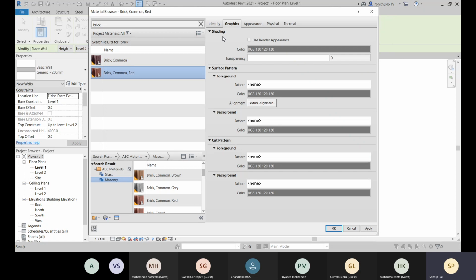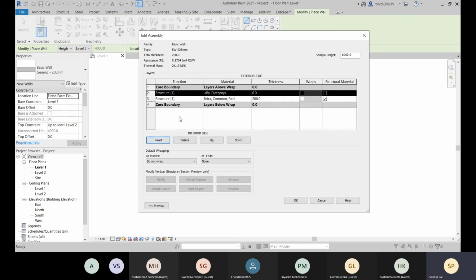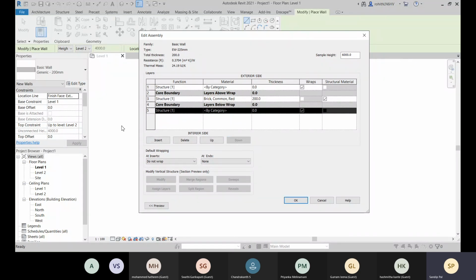Now let's choose this also in the render appearance. In the shaded mode this will be the color, so it will match the render appearance color. Now just apply and okay, and here you have this. Now let me add another material. So this is added, and let's add another. Here you see that when I'm adding, it follows the previous layer. Now you just have to place it up or down. Select this and bring it down. This is how you place it up or down.